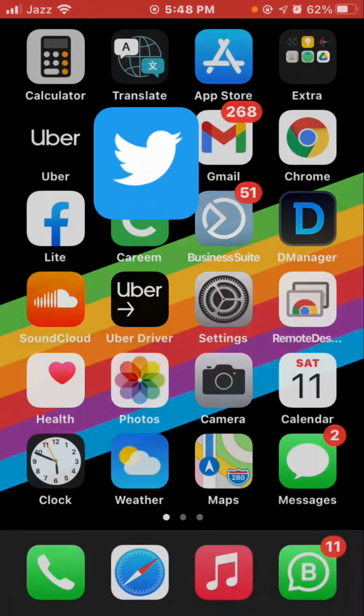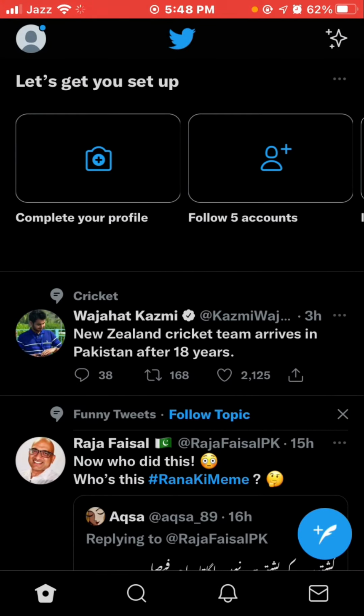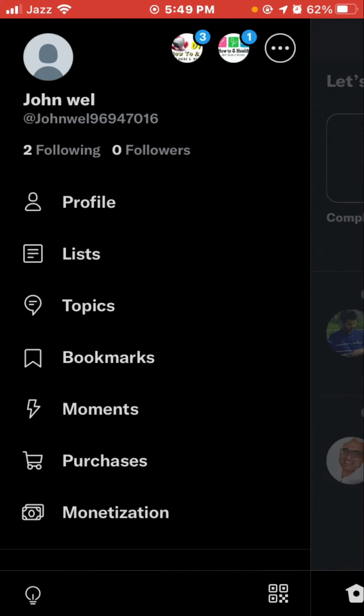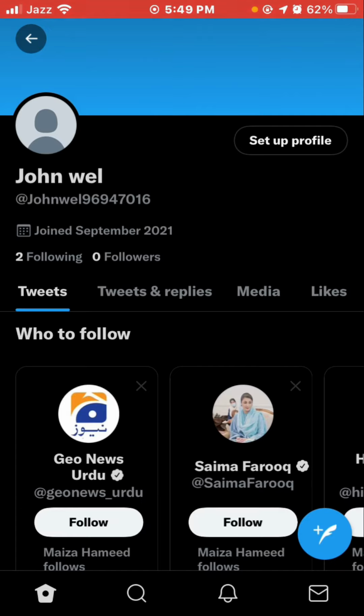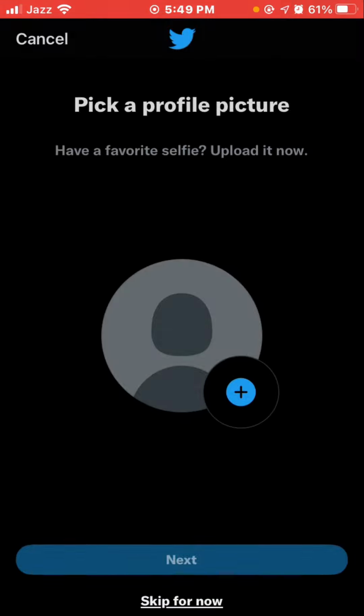First, open your Twitter app and go to your profile. Click on the circle in the top left corner and click Profile. Now open your Twitter profile and tap Set up profile at the top right, and click on the small circle profile picture to